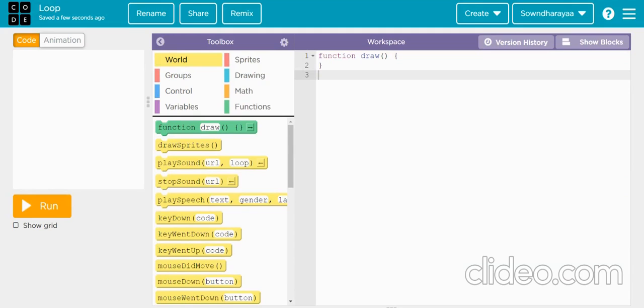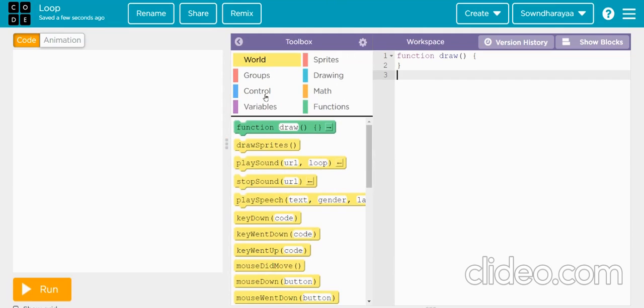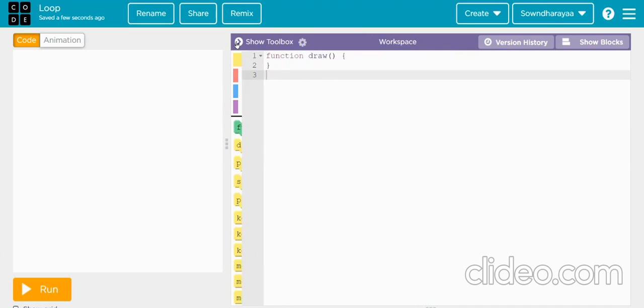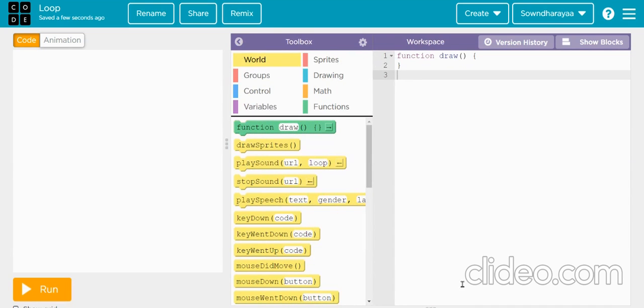So we'll be using JavaScript coding to create a loop. I'm using the coder.org web editor to design my code. Now we're talking about loops. Loops are something where you want to repeat things again and again. So let me tell you the outcome we want to execute with the help of a